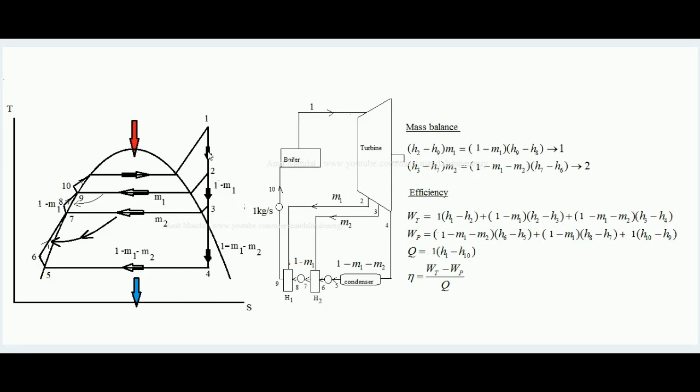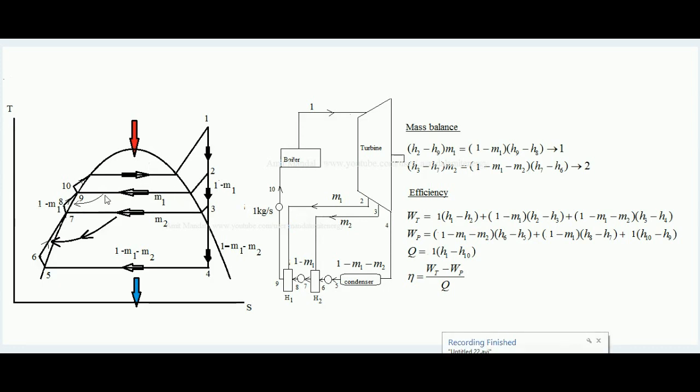There could be 3 steam bleeds in a Rankine cycle for regeneration, and a maximum of 9 regeneration points are used, because beyond 9 bleed points, the number of pumps increases to such a level that whatever amount of efficiency increase there is gets consumed by the pumps themselves. Means the energy input to the pumps comes into the picture, and whatever efficiency increase there is gets decreased by the energy consumed by the pumps themselves.